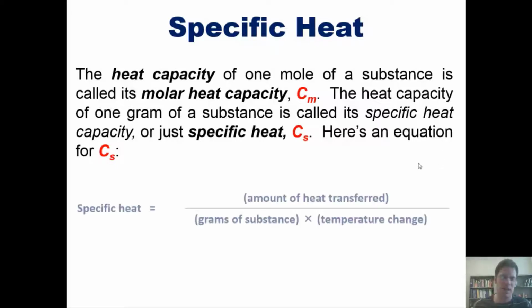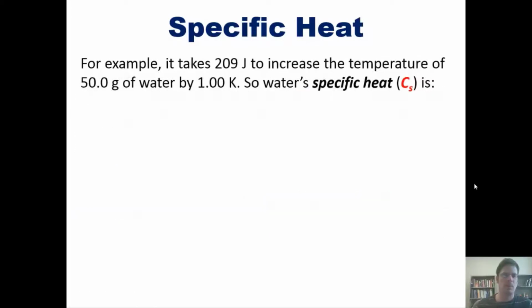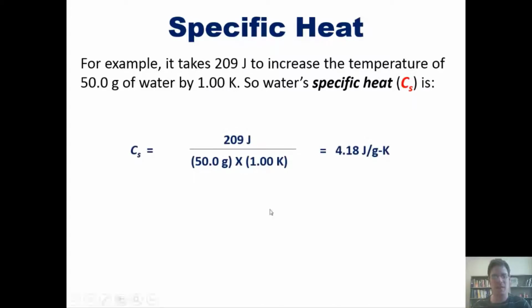So here's the equation for C sub s. Specific heat is equal to the amount of heat transferred divided by the grams of substance times the temperature change. Please keep that equation in your head as we go on. For example, it takes 209 joules to increase the temperature of 50 grams of water by 1 Kelvin. So water's specific heat capacity is once again the amount of energy up here in the numerator divided by the mass in grams of the substance multiplied by the change in temperature. You throw that into your calculator, and you discover that its specific heat is 4.18 joules per gram Kelvin,